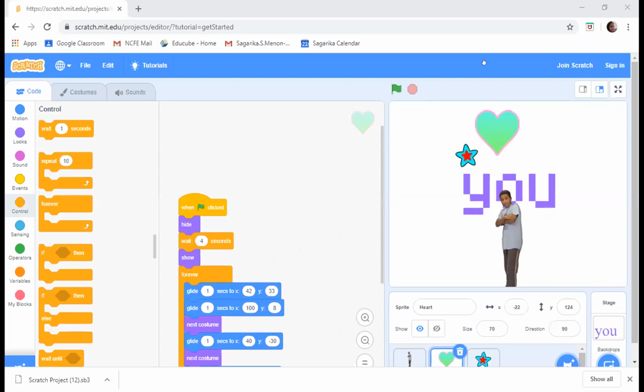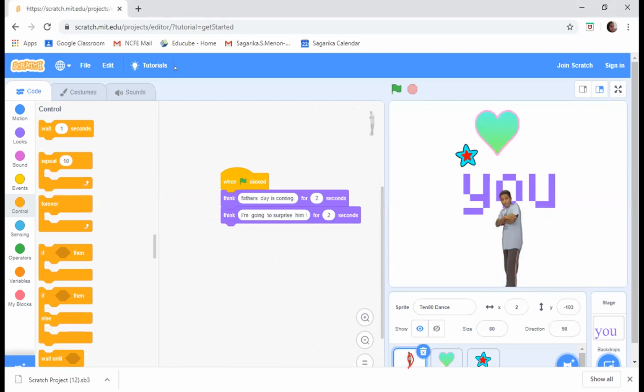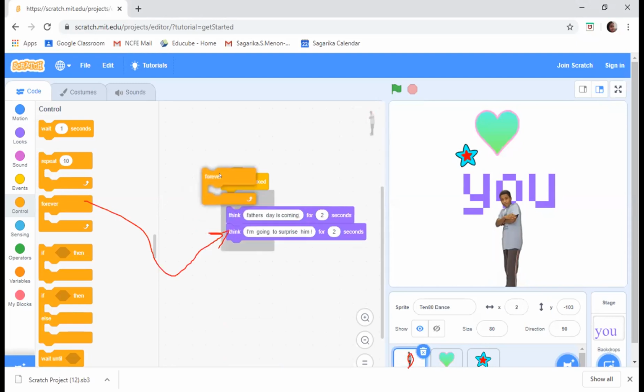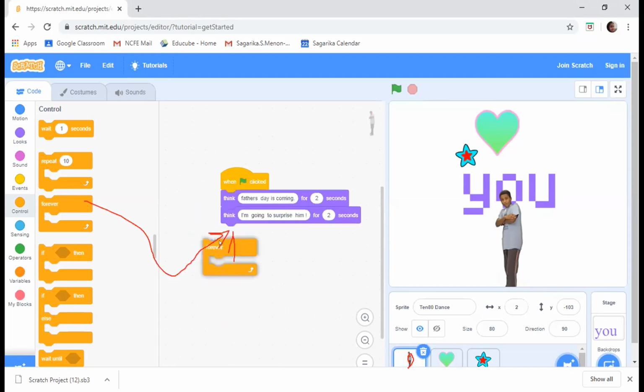Vihan, just select your first sprite. Now drag and drop forever. Below that. No, below. At the end. Yes, very good.